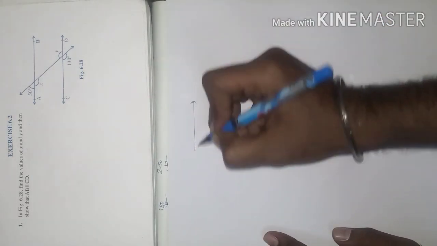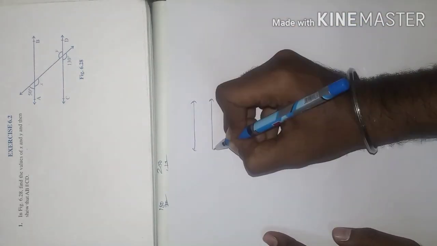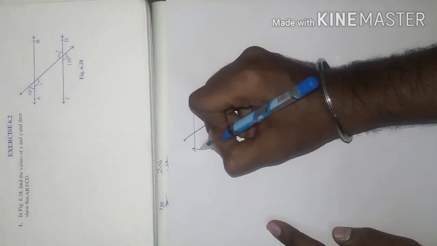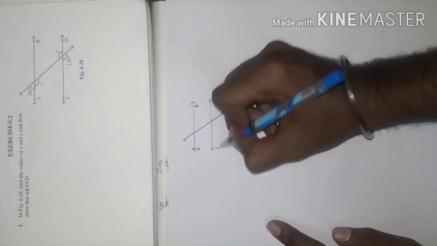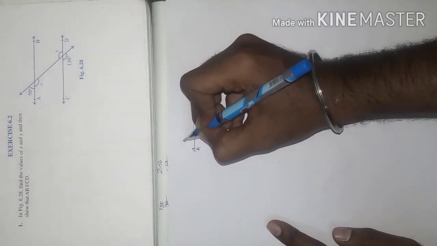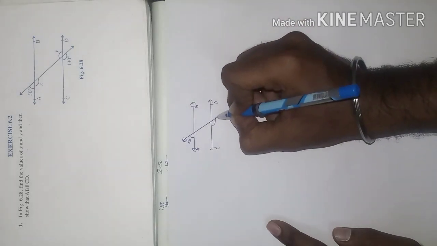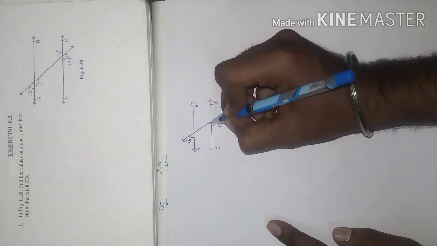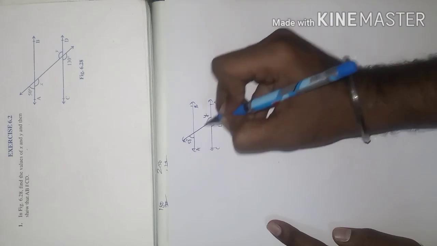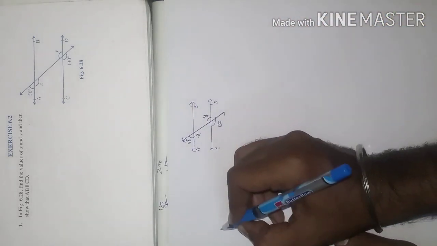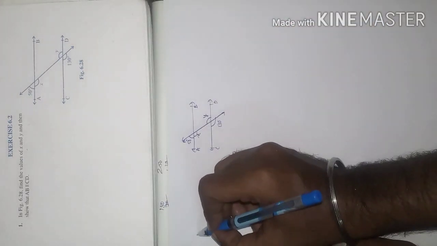We'll draw the diagram. A, B, C and D, and this is the transversal line making an angle over here of 50 degrees and making an angle over here of 130 degrees, and over here it is y and here it is x. Simple example. So the solution for this is,